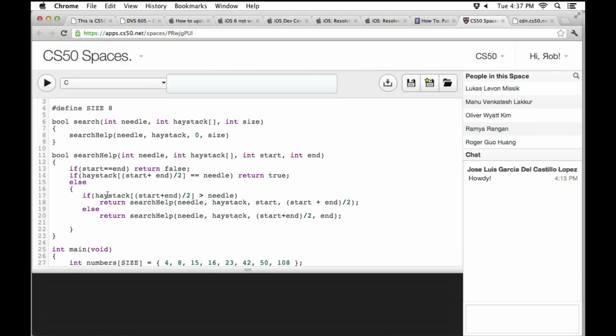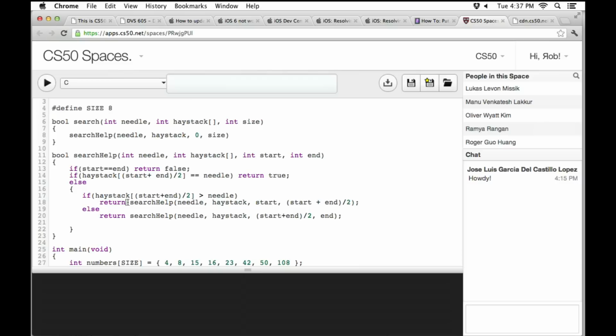And so what makes this function tail recursive is notice that for any given call to search help, the recursive call that it's making is what it's returning. So in the first call to search help, we either immediately return false, immediately return true, or we make a recursive call to search help where what we're returning is what that call is returning. And we could not do that. We could not do this if we did something like